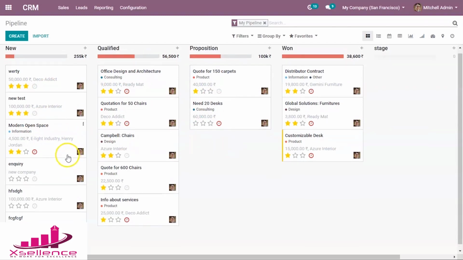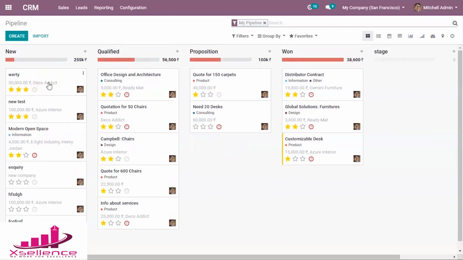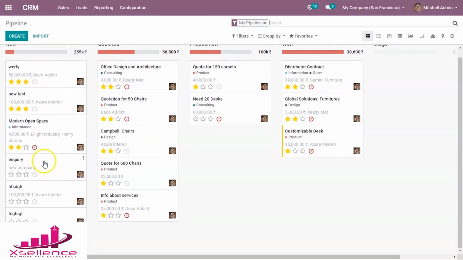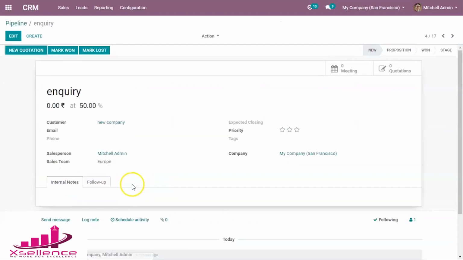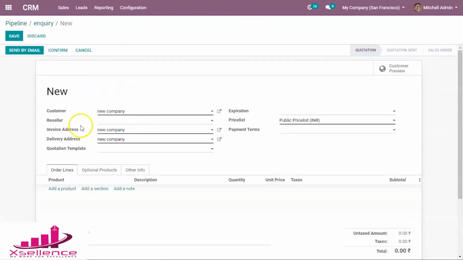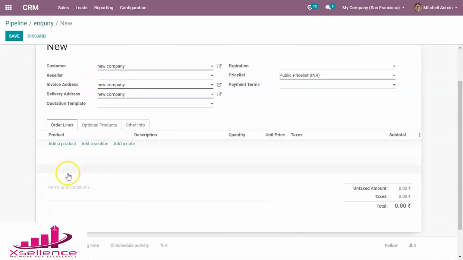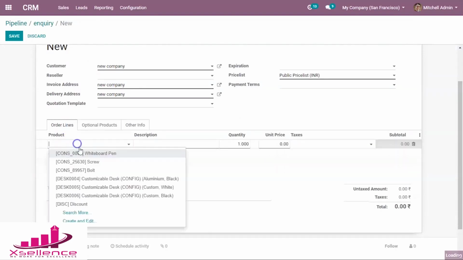And let's move to creating a quotation or a sale order in an opportunity. So this is our Enquiry, our converted opportunity. We are creating a new quotation here. Here you can see the customer, the new company we have created, and the product.